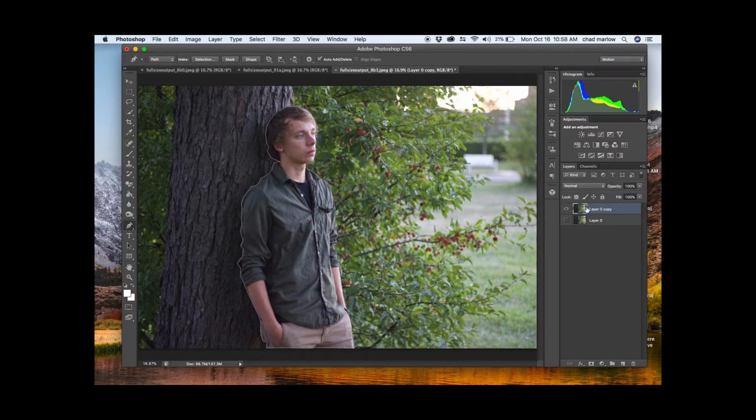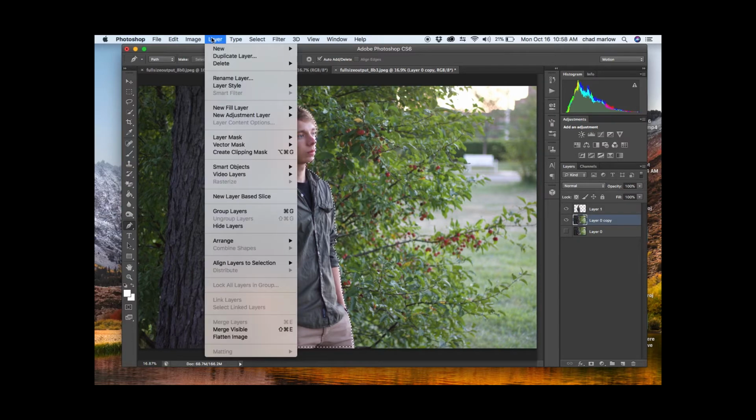Okay, now that we have him cut out, go up to the picture, hover over it, Command Enter on a Mac. You'll see the little marching ants. Now after you do that, Command J. Now see right here, it cuts your foreground out of your background. So now we want to hit Command, click the little box on your layer, and you'll see the marching ants once again. Go down here, click that,